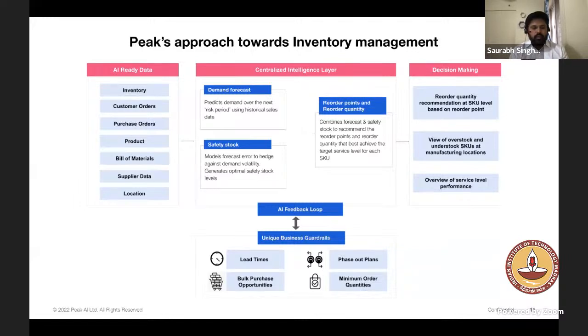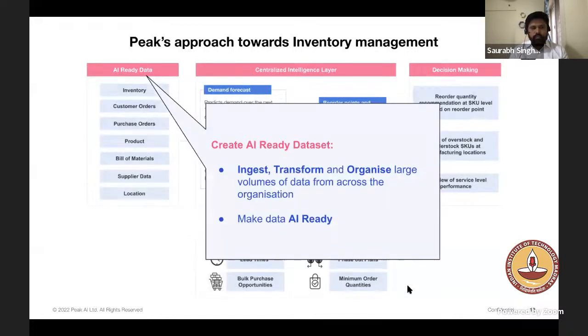So here is the overall architecture of the approach shown here, which starts from the AI ready data. We create AI ready data by ingesting the data from the organization for which we are building this inventory optimization solution. We ingest that data, we transform it, organize it. These are large volumes of data across the organization. Different types of data are required. So to solve this inventory optimization problem, we have our own data models that we have created, which are required for